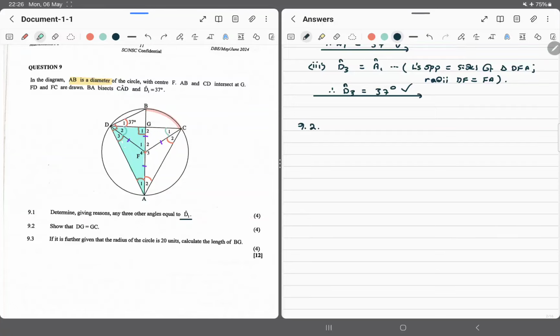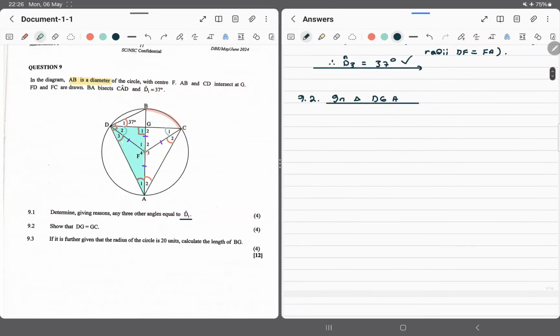Yes. So we're going to say here, in triangle DGA, what do we see? We know that angle ADB is equal to 90 degrees. Why? This is the angle in the semicircle. Okay? We were told that BA is a diameter, so that already sets us up nicely. We know also that